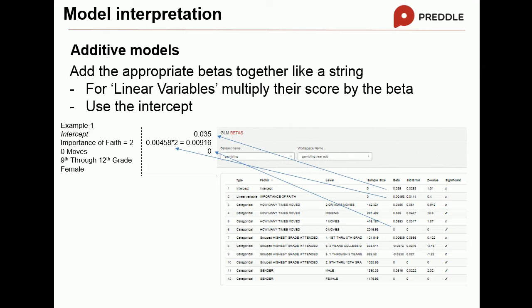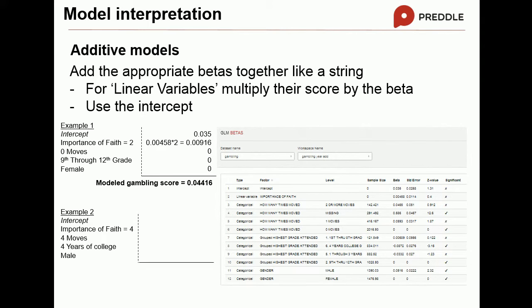Recall that the betas for the base levels are always 0. 9th through 12th grade beta is also 0 because it's also the base level. And the female beta is also 0 because female is the base level. Then simply add 0.035 to 0.00916 plus 0 plus 0 plus 0 to give a modeled gambling score of